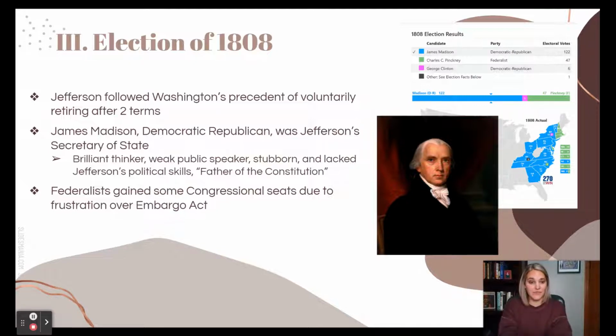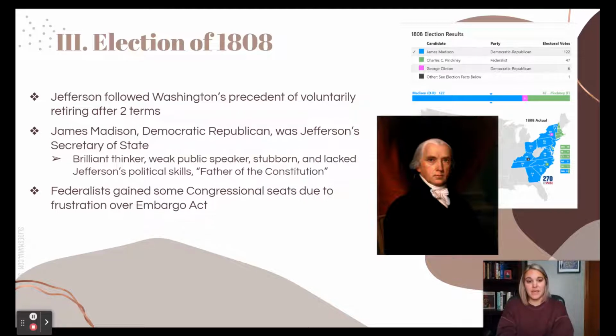Now, James Madison had a few credentials that made him a good choice. He had been Secretary of State for Jefferson, and the Secretary of State is really in charge of foreign affairs. And so that was a logical choice, being that the U.S. was having these deep conflicts with the Barbary pirates and also with Britain. He also is known as the father of the Constitution, and so he was very influential in the formation of